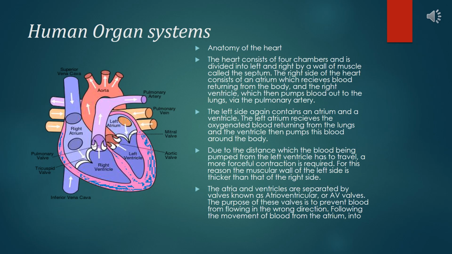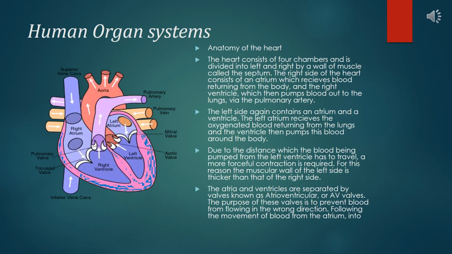Anatomy of the heart. The heart consists of four chambers and is divided into left and right by a wall of muscle called the septum. The right side of the heart consists of an atrium, which receives blood returning from the body, and the right ventricle, which then pumps blood out to the lungs via the pulmonary artery. The left side again contains an atrium and a ventricle. The left atrium receives the oxygenated blood returning from the lungs, and the ventricle then pumps this blood around the